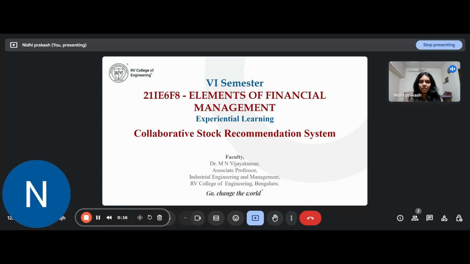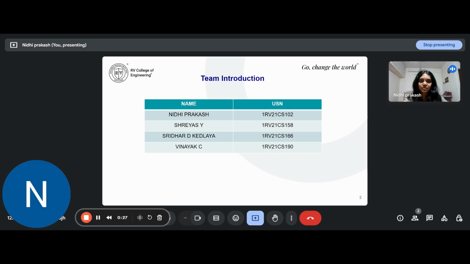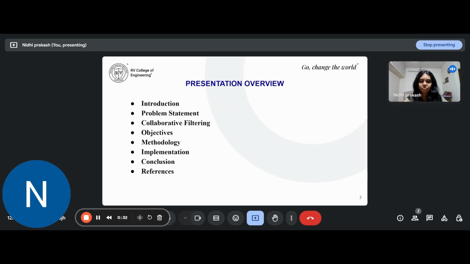My name is Nidhi Prakash, and this is our Elements of Financial Management Experiential Learning Project. Our topic is Collaborative Stock Recommendation System. This is our team detail. This is the presentation overview